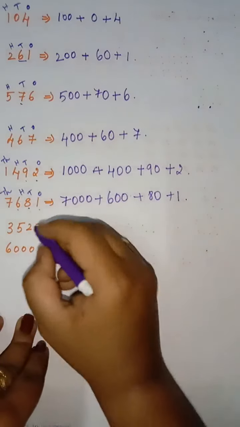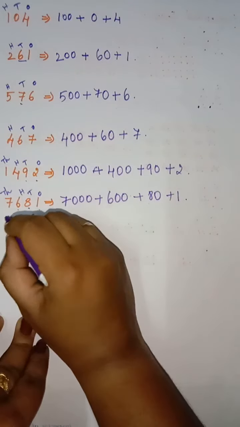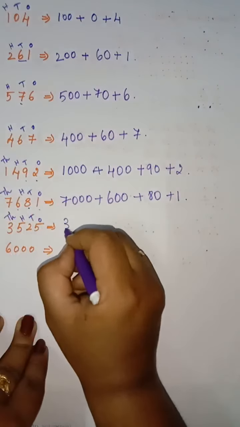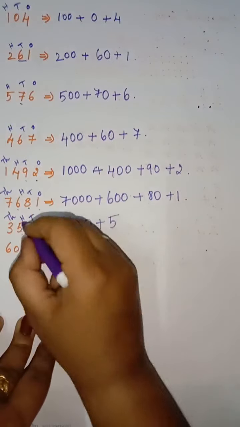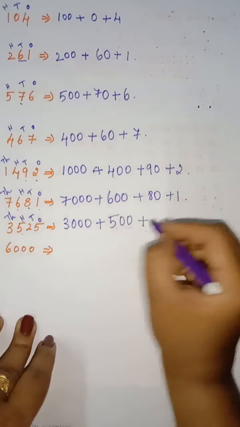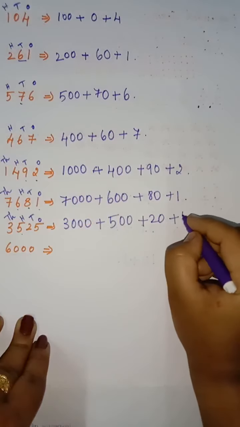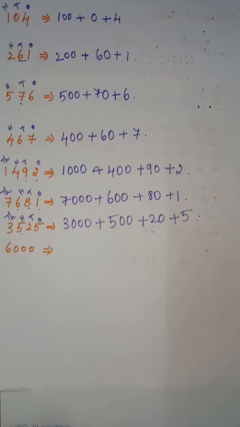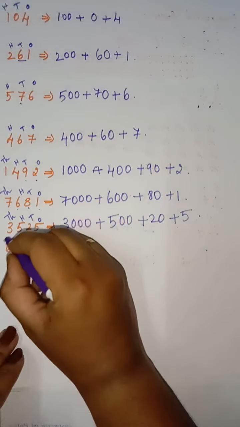Okay, next. Next what we are going to write is ones, tens, hundreds, thousand. So thousands. So 3000 means 1, 2, 3 zeros plus 5. 100 means 2 zeros, 1, 2, plus 2. 10 means 1 0. Then ones means simply the number. Clear, students? Can you understand how we have to do the expanded form?